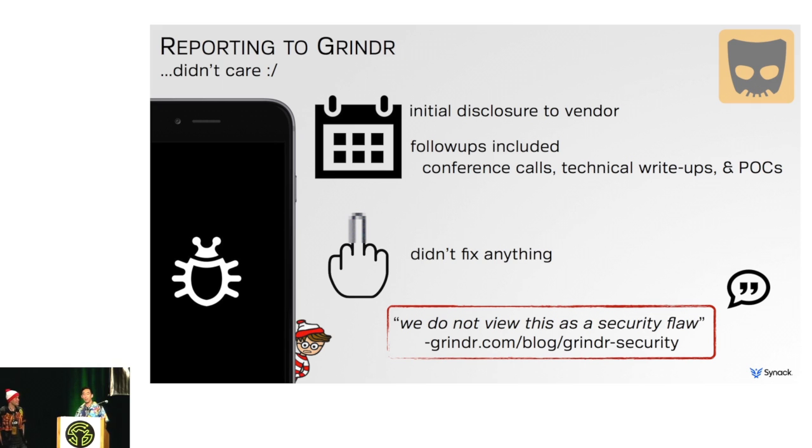So we disclosed to Grindr and stressed the urgency of these vulnerabilities. We've even provided a write-up, POCs, but in the end, they refused to fix anything. And to quote them, "We do not view this as a security flaw." So we kept silent, and we waited for a fix and kept urging them to fix it. But ultimately, as with all bugs, someone found it. An anonymous hacker posted a